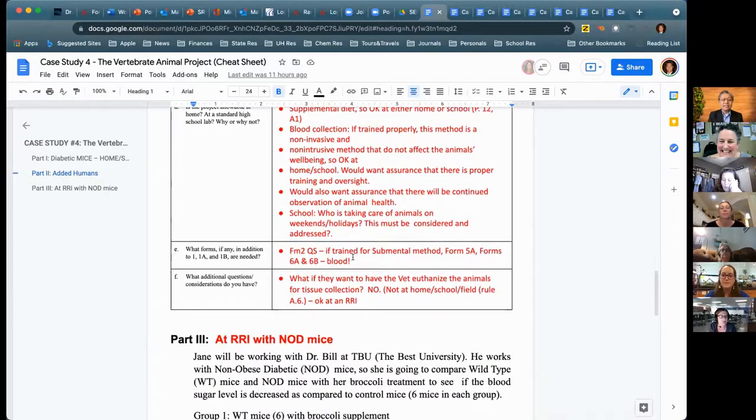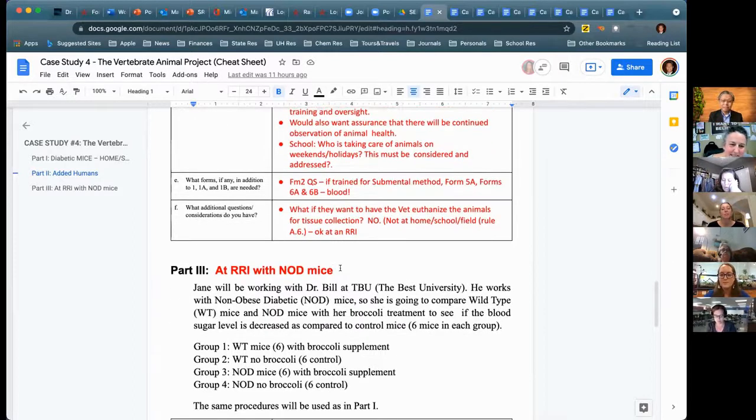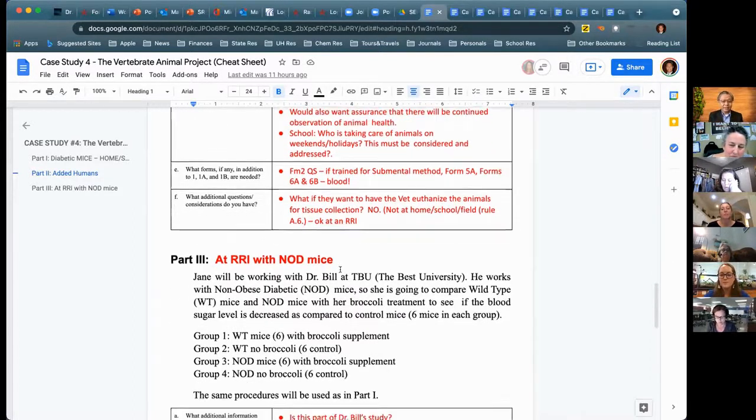The basics is this: you're going to need to have pretty much all the forms in this part. Because 6B is bodily fluid, that's blood. That's also required. So this is very, very stringent. And then the last one,